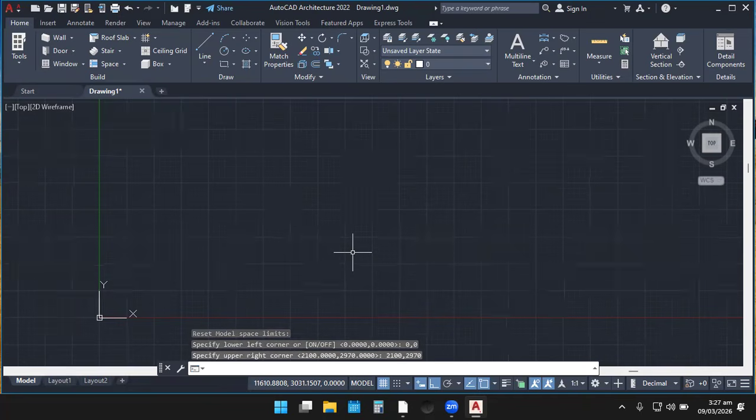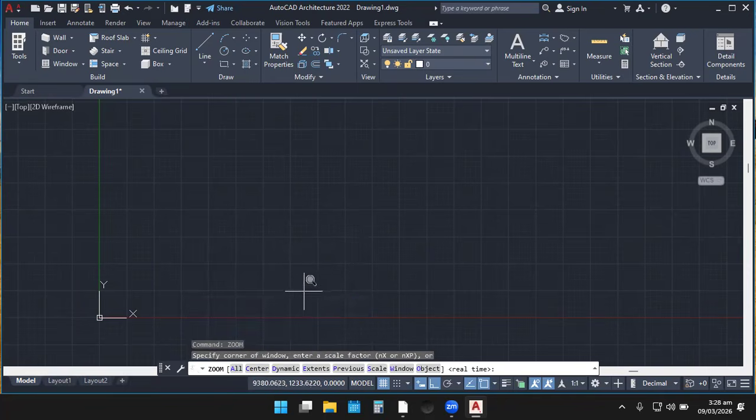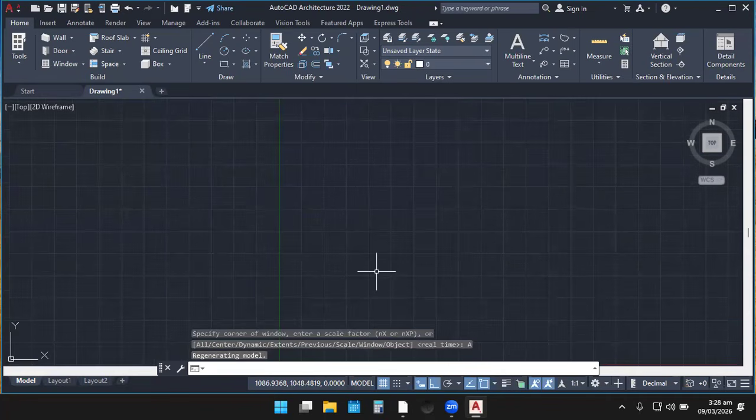So what are we supposed to do now? We want to actually see the right area that we are drawing, the full size of the screen we are using. Okay, since it's a portrait, we want to zoom it. So we are going to enter zoom, then we select the zoom, then we enter A. Now you see that after entering, a green line has displayed over here.